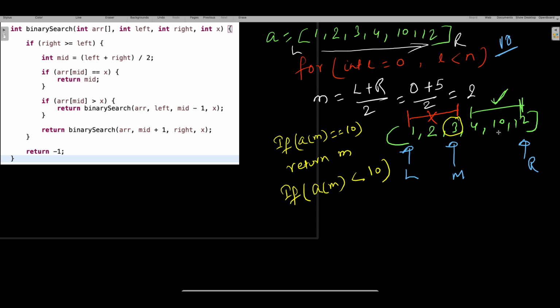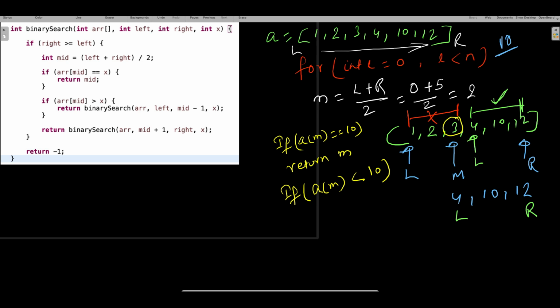Again, if you look here, guys, what is the remaining part you need to process? You need to process 4, 10, 12. So this is the array you need to process. When you need to process the array, again you have to divide this array into two parts, because it's a sorted array. So your left is going to be here, your right is going to be here, right? You got it? So where is the left? Left came here actually, right?